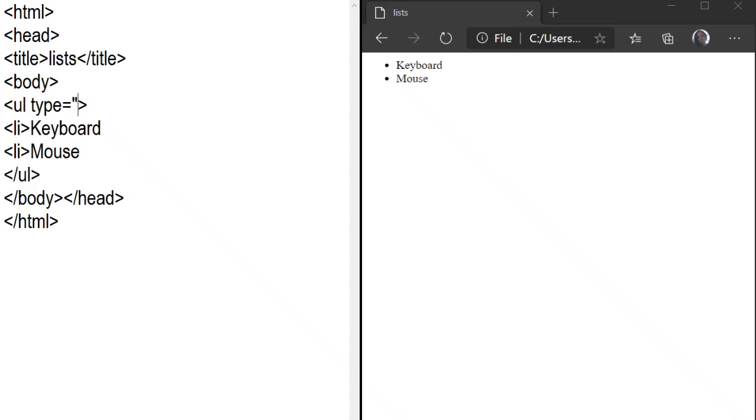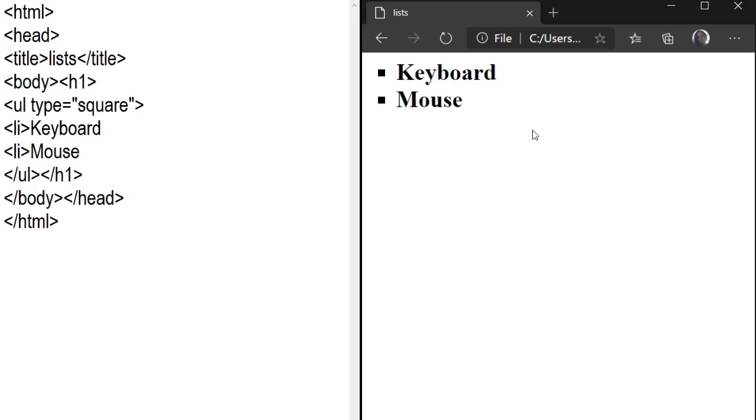And the second is square, for example, SQUARE, square. If you want to see the output of this, you can add H1, so the size is increased and you can see the output clearly here. After that you save it and refresh in the browser, so you can see the output here.